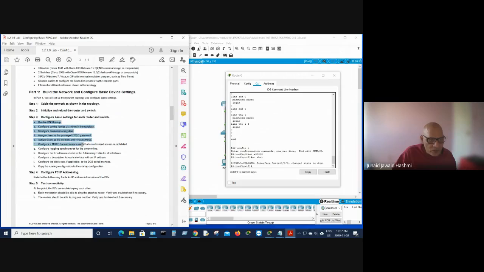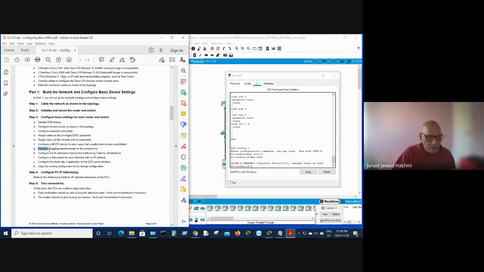So from A to C, you have to do it at every device. Disable DNS, maybe not the host name, but password encryption, exec mode, privilege mode password, exec mode password, VTY password, banner,